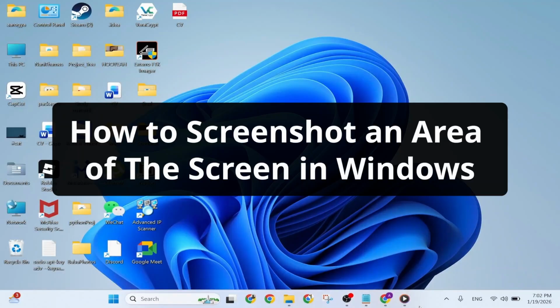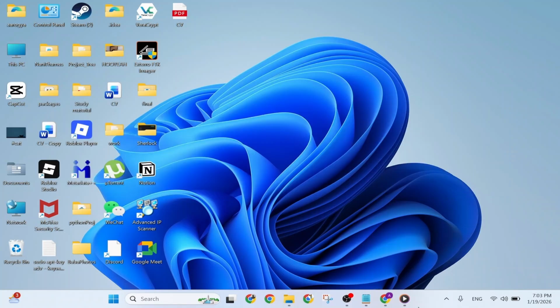Hey everyone, so today I'm showing you how to screenshot just a selected area of your screen on Windows. This is way better than capturing your entire screen, especially when you only need a specific part. Let's dive in. Alright, so Windows has this built-in feature called the snipping tool that lets you capture any portion